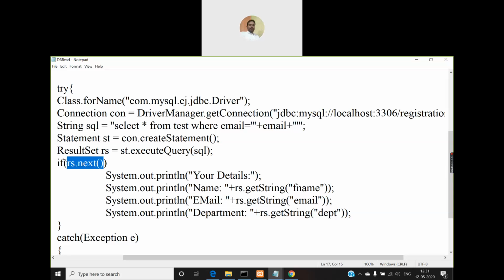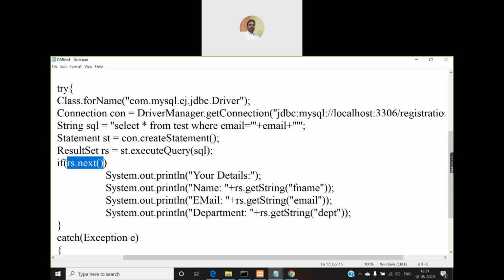from the table, right? So if there are, say, 10 records retrieved from the table, then the first time you call this rs.next method, it will return true because there are 10 records. So you can retrieve the first record during the first call. Then the next time you call again, it will return true only, because there are still 9 more records in the result set. In that way, how many times can you call this next method? You can call 10 times. So the next method will return true as many times as there are records retrieved and stored in the result set object. But once you call more than that many times, then